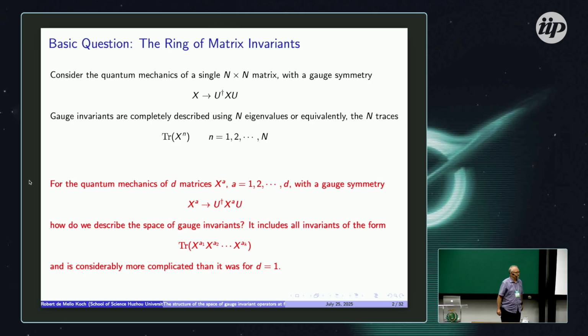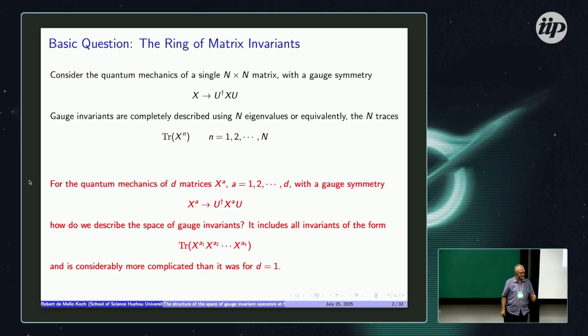To motivate it, I'm going to remind you that when we look at the quantum mechanics of a single N by N Hermitian matrix, with the matrix X transforming in the adjoint of the gauge group, if I ask what is the space of gauge invariant operators, it's given by polynomials in the eigenvalues, or equivalently, by polynomials in these traces of X to the little n, where little n can go from 1 up to capital N. This description in terms of the eigenvalues is extremely useful, and that's one of the reasons why we can actually